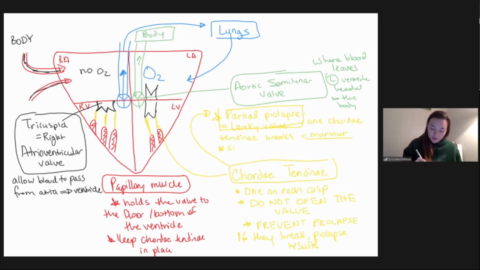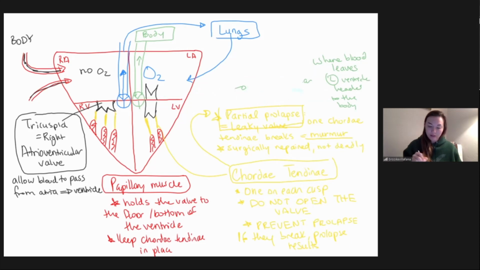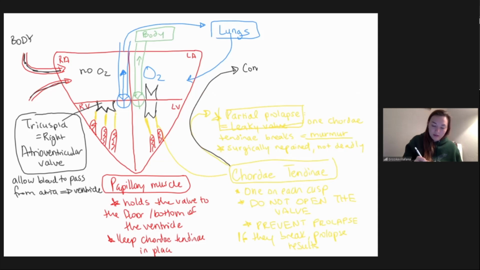This can be surgically repaired, so this is not deadly. Obviously, you don't want to have this. Does this sound like something that's good? No, but it is not deadly. You can live through it, you can get it fixed, and you can live a long and happy life. If you get complete prolapse, it is going to be deadly. Complete prolapse would be if your entire valve goes back the other way, like I said. This is deadly, right? This is the entire valve